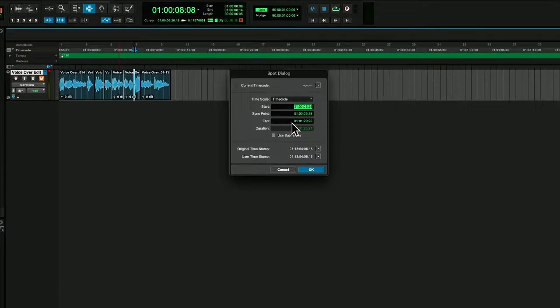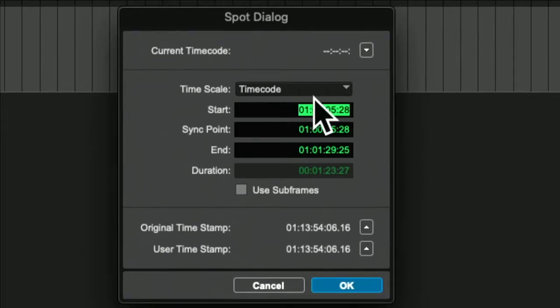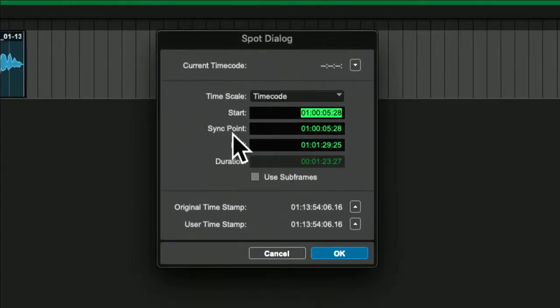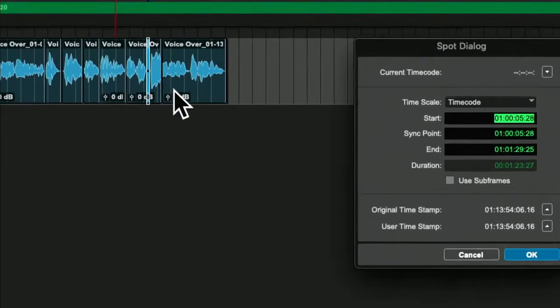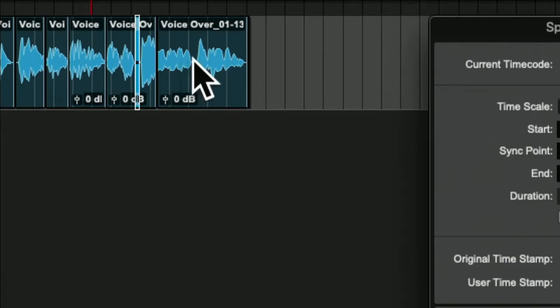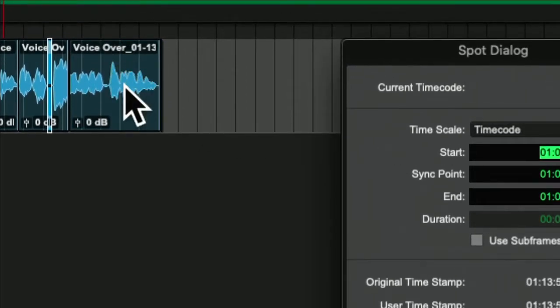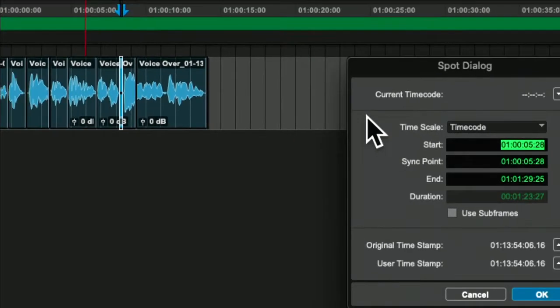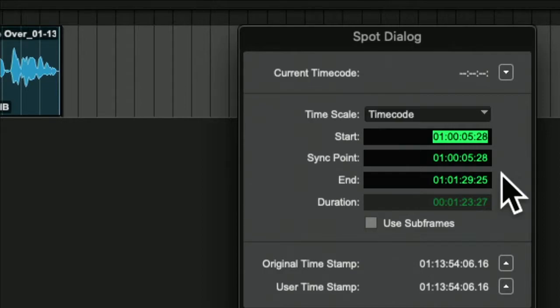As soon as I drag and drop in Pro Tools, it's going to give me a dialog and it's going to say, where am I placing this? Where should it start? Where should it end? What's the sync point? And the sync point is actually a very interesting, cool, wonderful thing. In each of these clips that we have, we can establish that the sync point could be anywhere in the clip. So instead of having the clip start at a certain point, we could say align the sync point to a certain position. That's really great for things and sounds and clips that wind up to some sort of actual landing spot. So like,